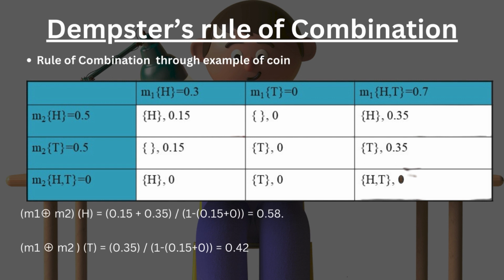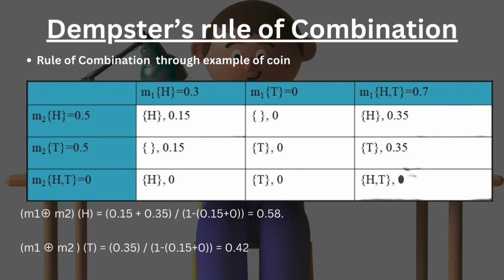For the first evidence, the proposition basic belief is 0.7, and for the second evidence, the head and tail proposition is 0, and so the product of these two is 0. Since the set has two same common propositions H and T, it does not have an empty set, it is H and T. Here we will always see the intersection for the different sets, and the cell will have that intersected set of propositions. So, the rule of combination calculation for head is M1 of head, M2 of head